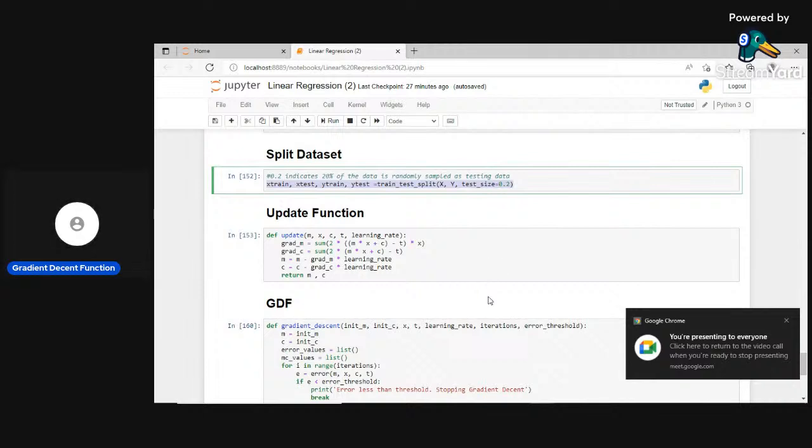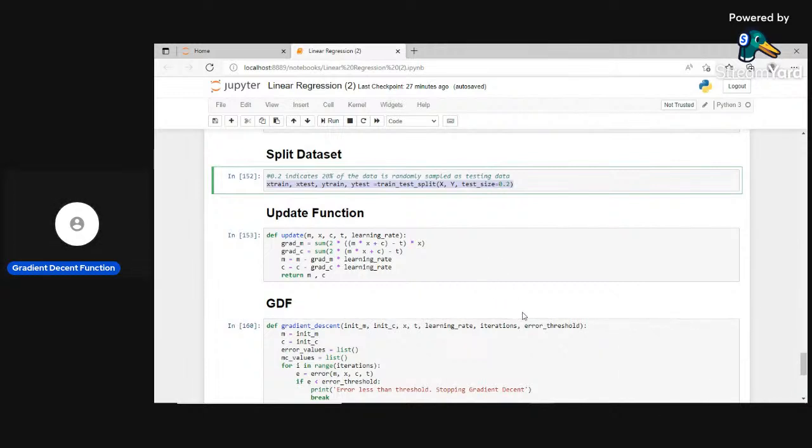So after splitting the data, we are going to implement our linear regression algorithm over here. For implementing the linear regression algorithm, what we are going to do is use the gradient descent function. Okay. तो लीनियर रिग्रेशन मेथड क्या होता है, ये मेथड